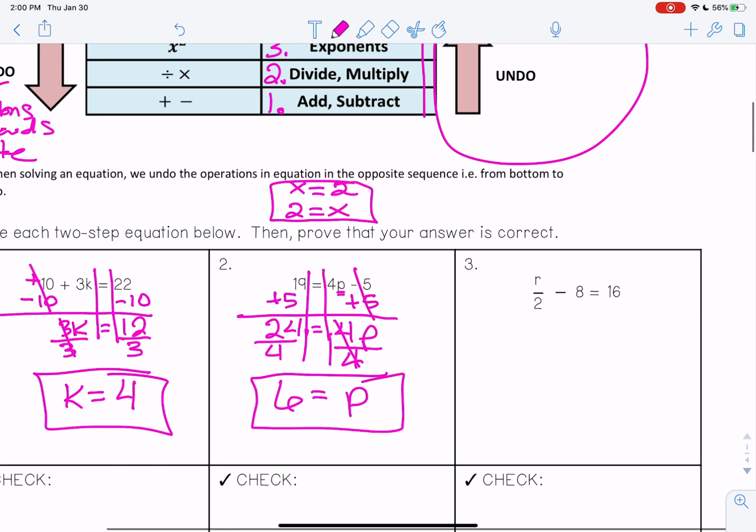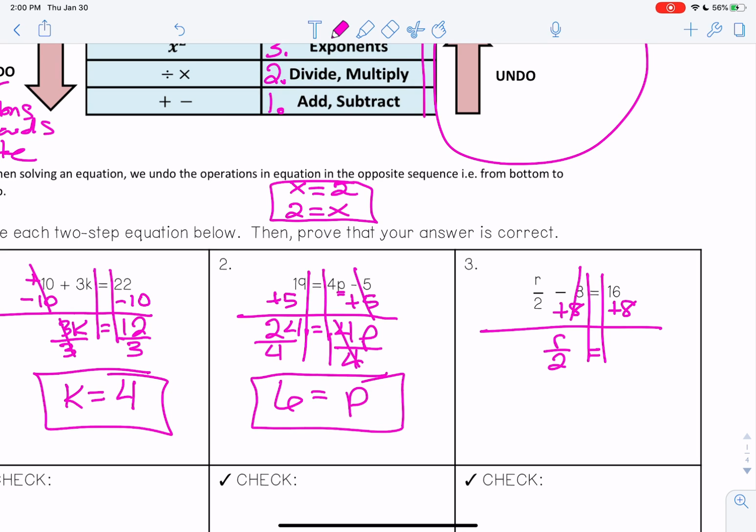Now number 3. Step 1, draw the river. Step 2, order of operations backwards. So we have r divided by 2, and we have a minus 8. So if I'm going backwards in order of operations, subtraction comes before division. So I'm going to take care of that 8 first. Now the opposite of minus 8 would be to add 8. So I'm going to add 8 to both sides. 8 minus 8 is 0. They cancel out. And I have r divided by 2 equals